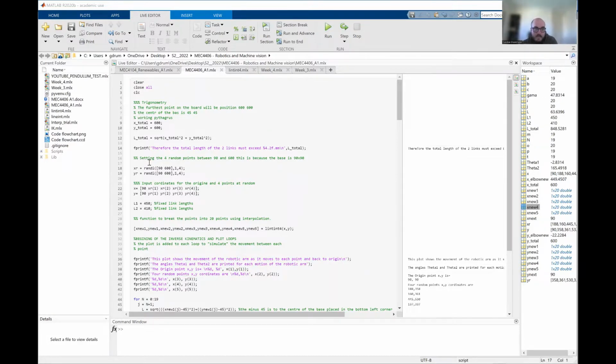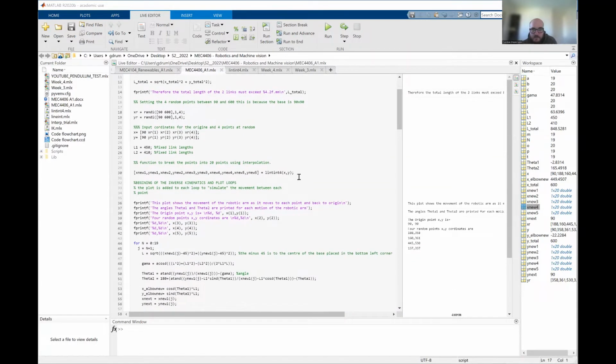You can see here then I print what that number is, where I have some random numbers generator. This gives me the 4 points. So the 90 by 90 is going to be my origin point, and then 600 is the maximum it can be. Then I've got inside of here where these numbers are printed out, my link lengths,